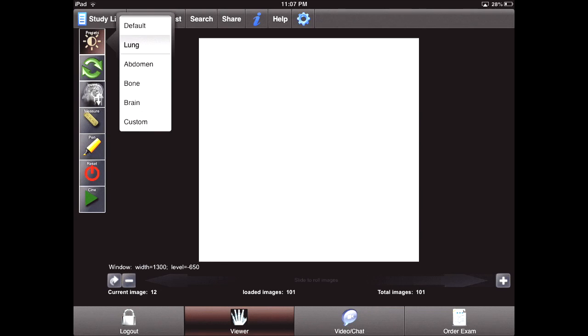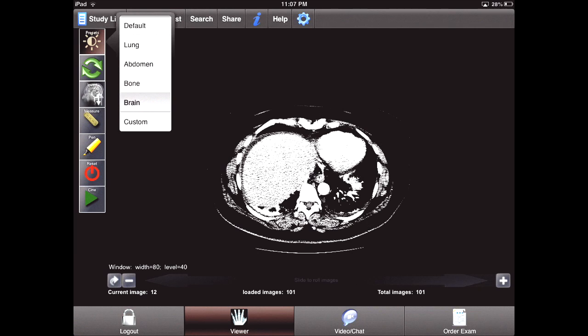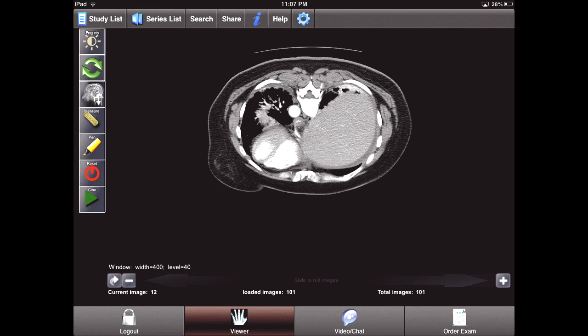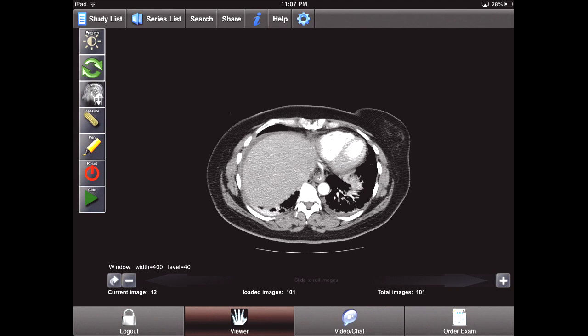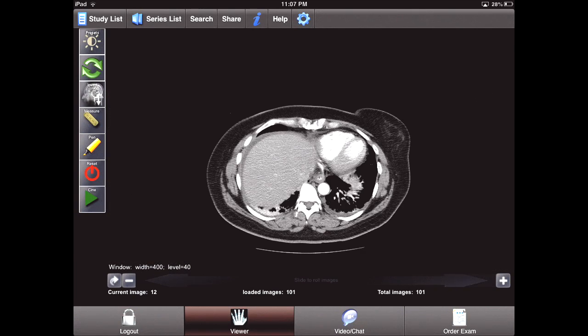You could alter the window level settings accordingly, back to default here. You can rotate your image, double tap, or just reset over here. Let's zoom, pinch zoom, double tap to reset, invert,